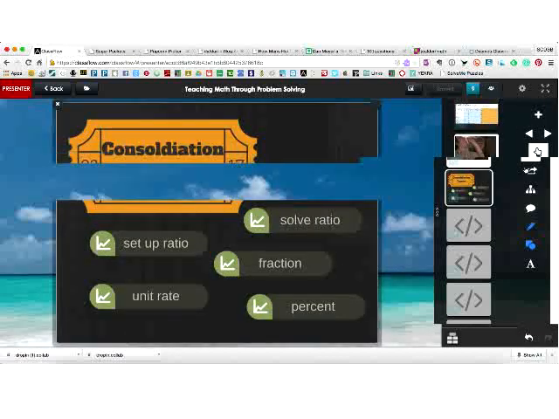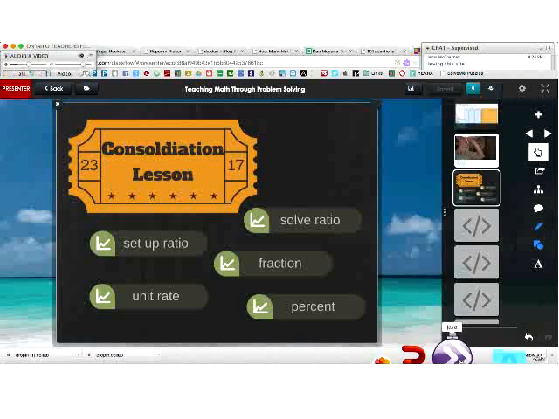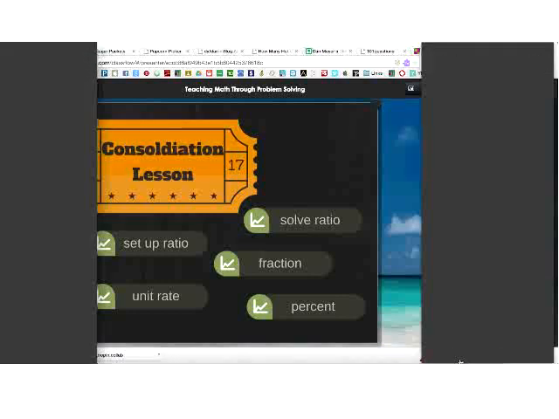So, anyways, I'll push this one out for you. After we watched that, I consolidated the lesson. You could consolidate the lesson on any of these. I consolidated the lesson on how to set up a ratio. I wanted our students to see that we set up our ratios with the sugar on top and the milliliters on bottom, or the other way around, and then we worked into solving ratios the next day. I'm going to pause for a second here and come into the chat.